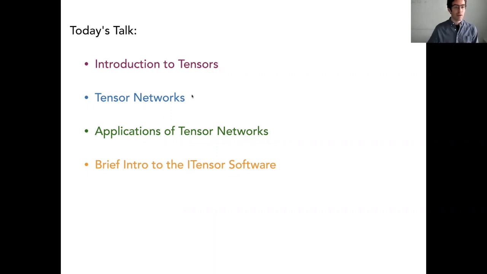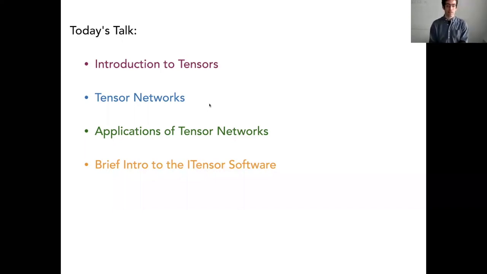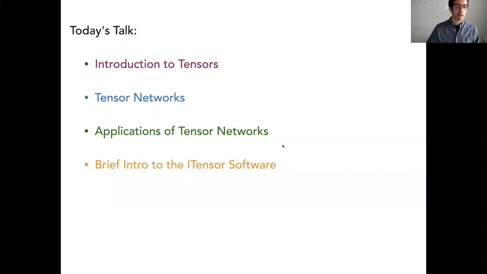And then I'll go through one perspective on how tensor networks arise. This is the most technical part of the talk. I'll talk about how you can view tensor networks as a generalization of matrix factorizations, low rank factorizations, to the case of tensors, but we'll take some other perspectives too. Then I'll go quickly through some different applications of tensor networks.